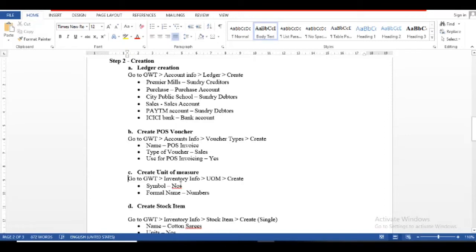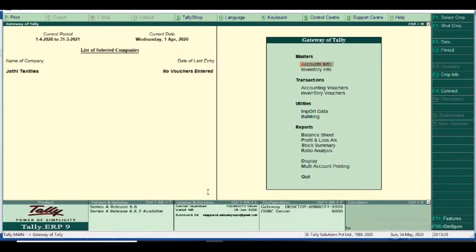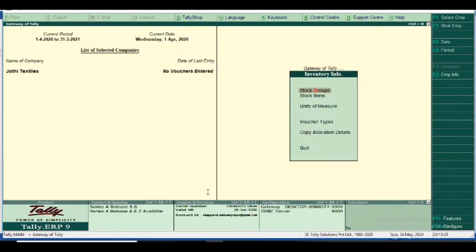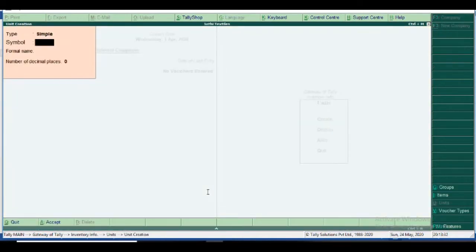The symbol is NOS, formal name is numbers.